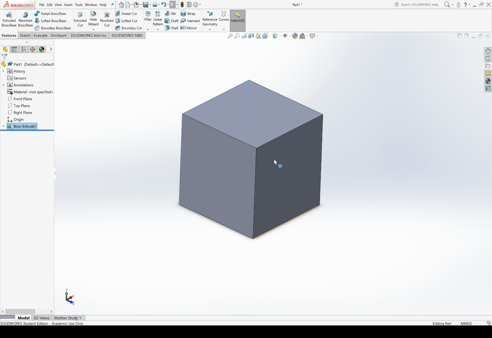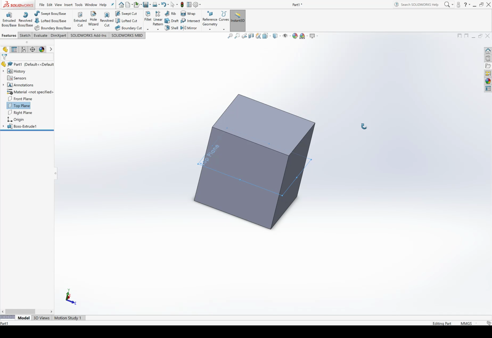I have a cube. Good enough for the drawing that I created over there. However, I have a cube now that's positioned on the center, left to right, and on the center, top to bottom, but not on the center, front to back. I created my sketch such that the top plane of my part is in the center because I created the square on the front plane and it was vertically centered around the origin.